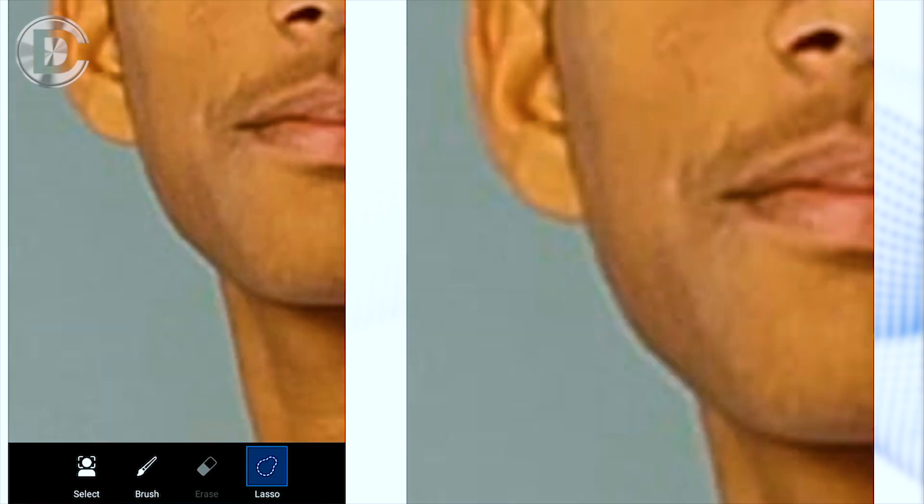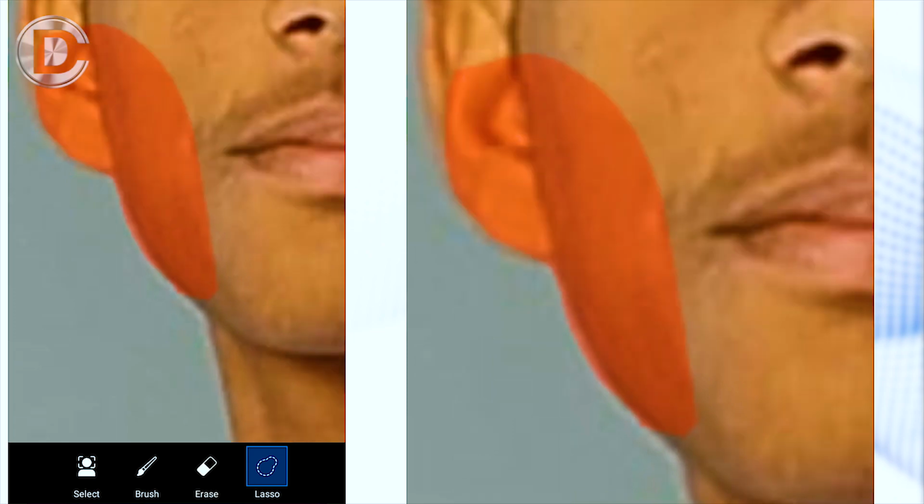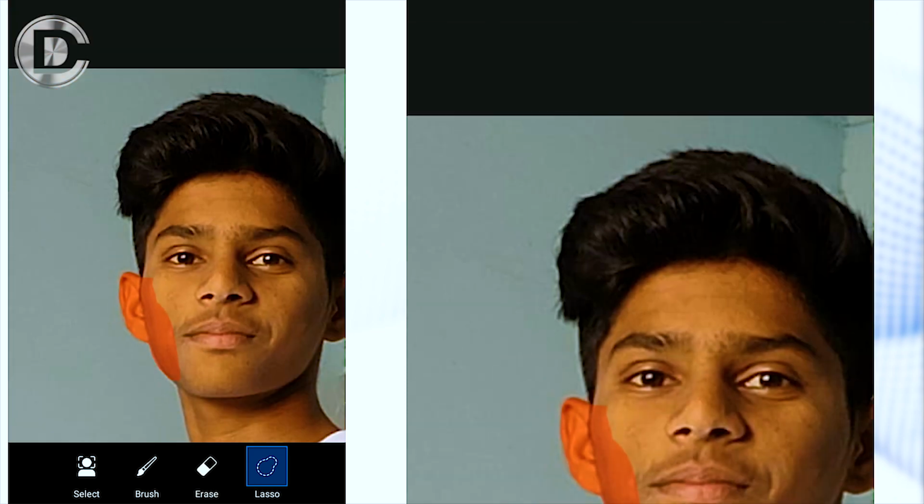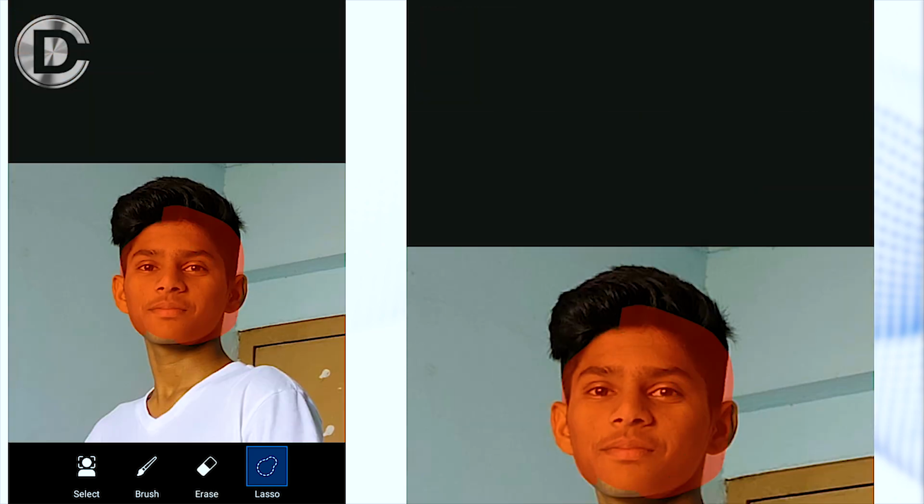At last, it's a lasso tool. With this you can simply select the image by making a selection. This also works as a brush, but just a smart and faster way to work smarter.